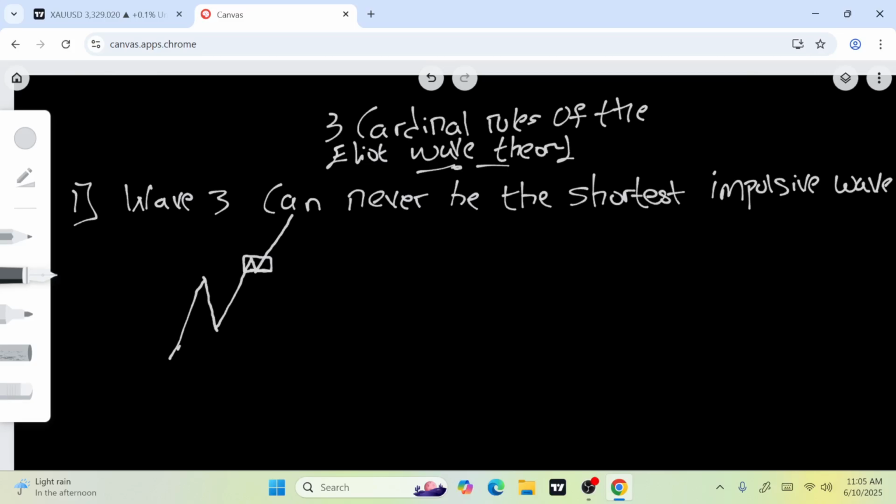In a situation whereby they are expecting a 5 wave, and at some point the 5 wave comes like this and breaks out of the resistance level. Wave 5 or wave 3, like when they are expecting wave 5? You have to make sure that even though it breaks, it must not go below the starting point of the previous wave.